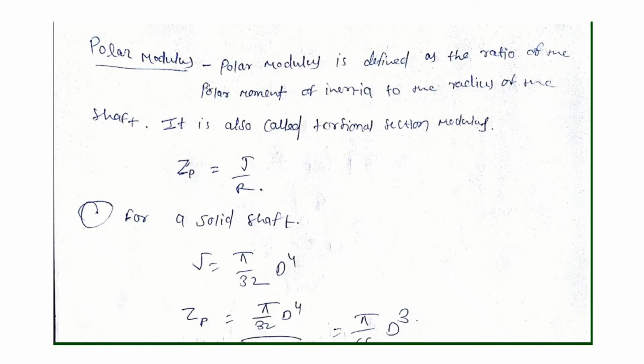हेलो क्लास। अब हम कंटिन्यू करेंगे टॉर्शन ऑफ शाफ्ट में। तो आज का टॉपिक है पोलर मॉडुलस। पोलर मॉडुलस क्या होता है, जैसे कि हम बेंडिंग स्ट्रेस में देख चुके थे। सेक्शन मॉडुलस क्या होता है, M by I, दैट मीन्स मोमेंट ऑफ इनर्शिया डिवाइड बाय डिस्टेंस ऑफ आउटर फाइबर फ्रॉम न्यूट्रल एक्सिस। Here in shaft, so polar modulus is polar moment of inertia divided by radius.